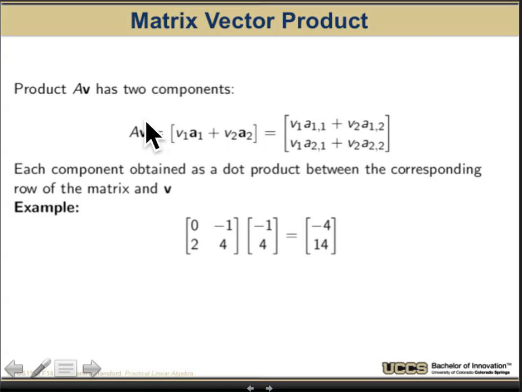So the result of this matrix times this vector is a vector. And we can relate that back to the dot product. In fact, the matrix A times V, so here's the matrix A, here's the vector V written as a column vector, and we can see that this is really the dot product between the corresponding row and the column vector. So I take the row 0, -1, dotted with -1, 4, and I get the first